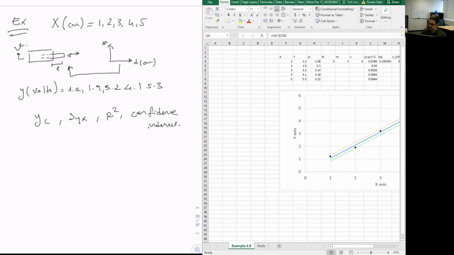It also says the XY relationship is linear. So that means that we are going to use a first order polynomial,